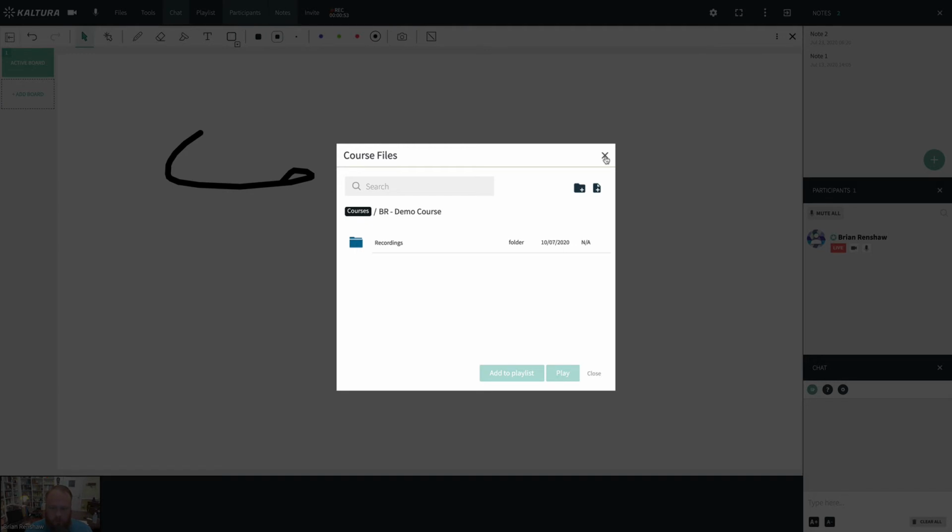So with Kaltura Classroom, every time you open up this in your course, it will show the last thing that you had open, and all your files will stay in it, anything that you've added. So every time you go to teach the course, you don't have to reset up your space. You can just jump right in, and at the beginning of a semester, you can upload all your PowerPoints and